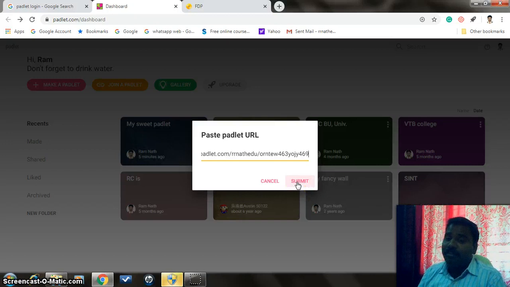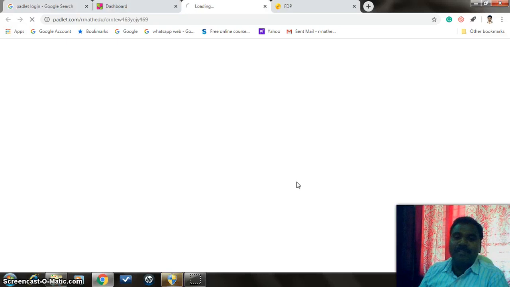If you have generated a QR code, QR code scanning appears here. The same sharing options you get by making a Padlet will open here in joining a Padlet. Now let me submit. By this step, I will be joining the Padlet, so I can answer that question.